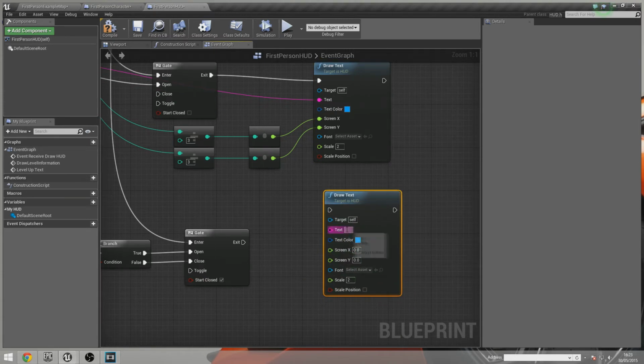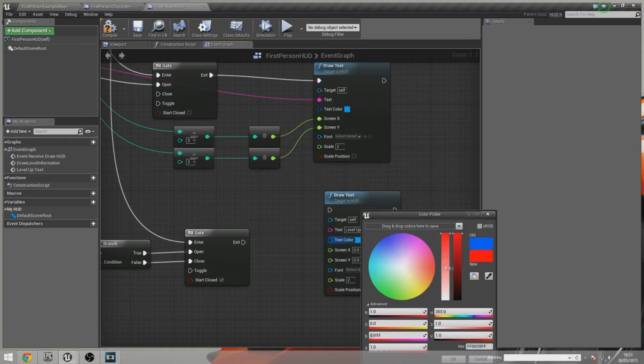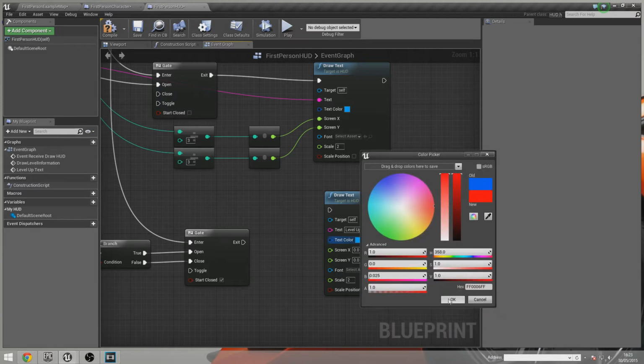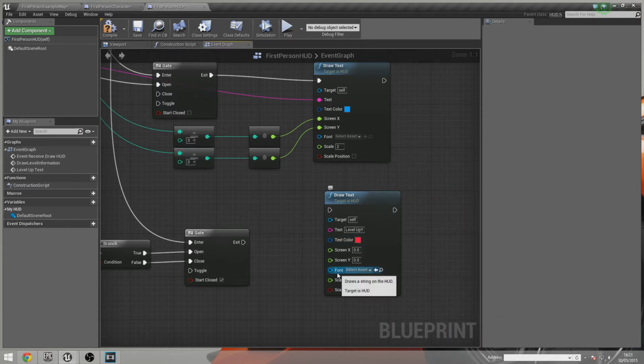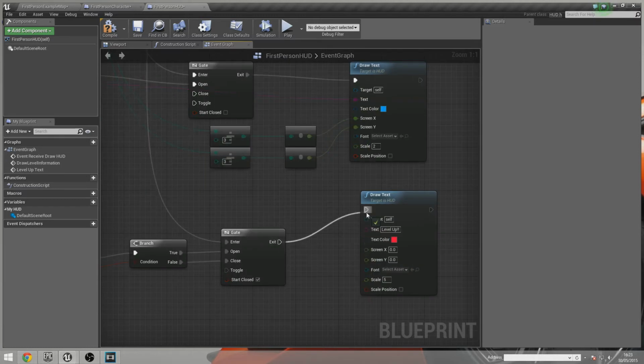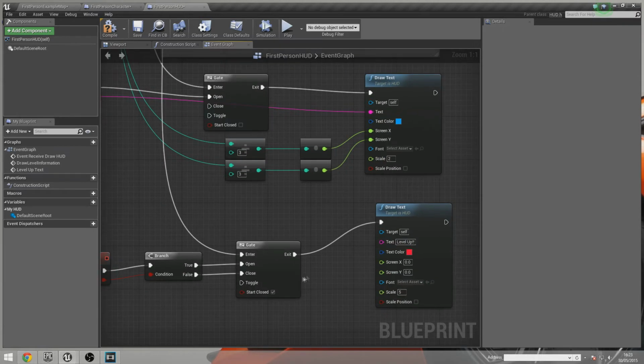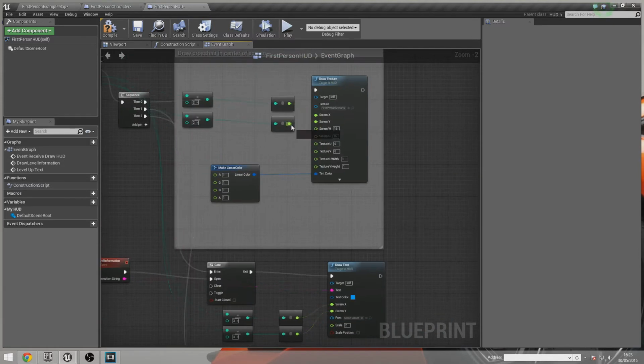So what do we want to draw to the screen? We want to draw level up. Congratulations. We'll have this in red, and we will make it size 5. It's going to look awful, but you can see it, and it's there in the middle of the screen, so great. Now, screen X and Y, I'm going to put this dead in the center of the screen,